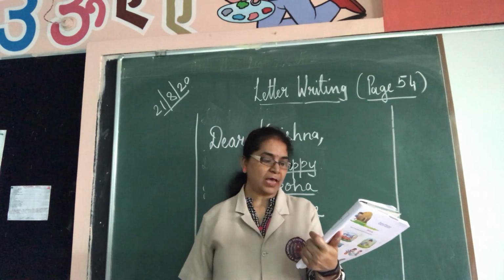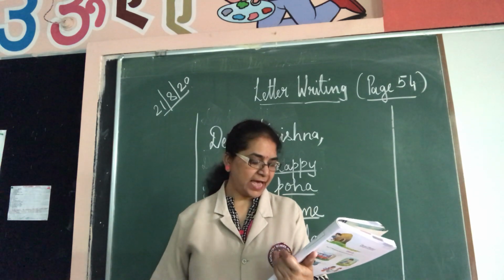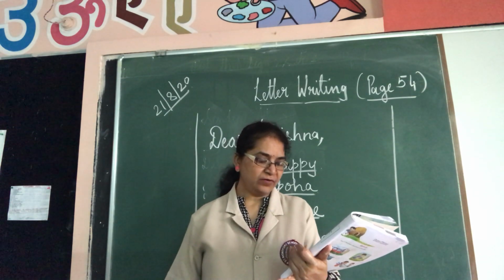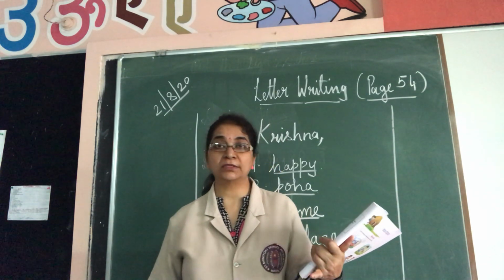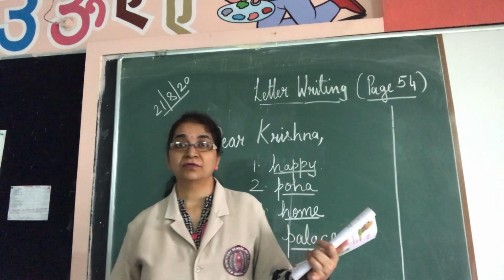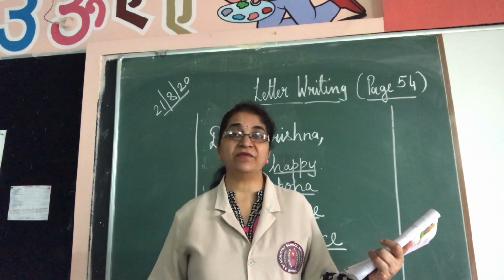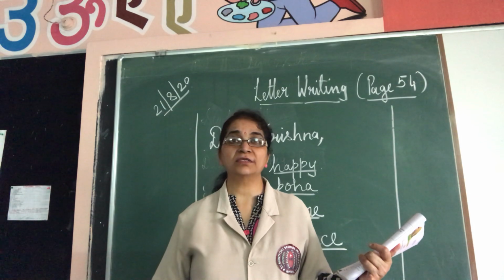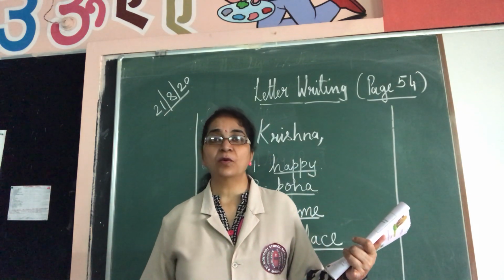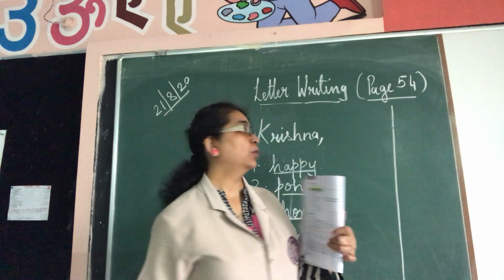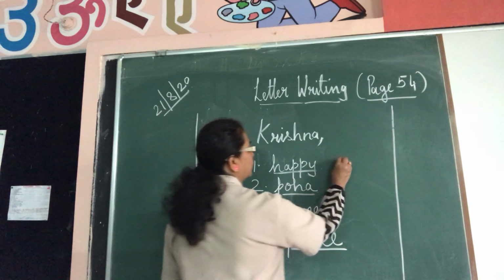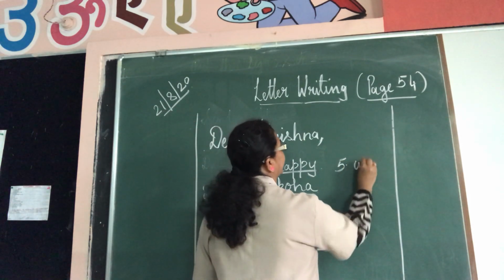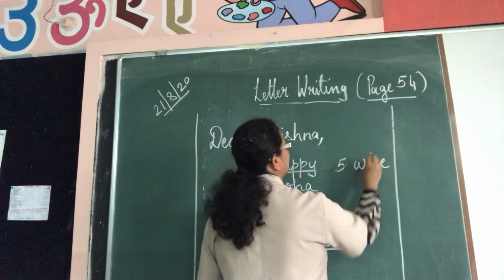palace. I saw that my dash and children were wearing dash clothes. My children and who else were wearing new clothes? Children and wife. So fifth dash, what you will write? Wife. W-I-F-E, wife.